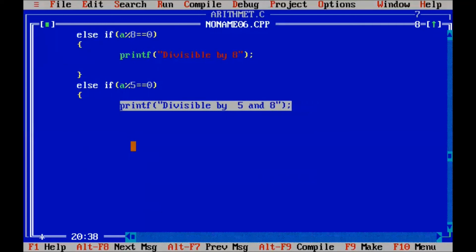Okay, right. And we close this if else part and we write here the else part of the if part and write a message.